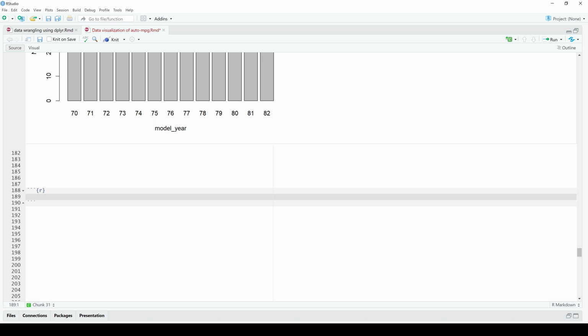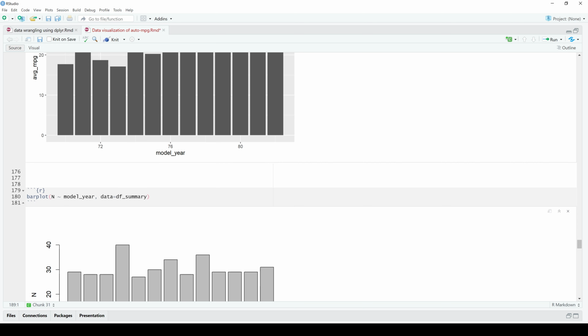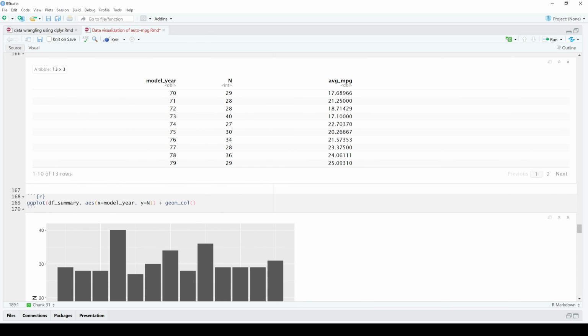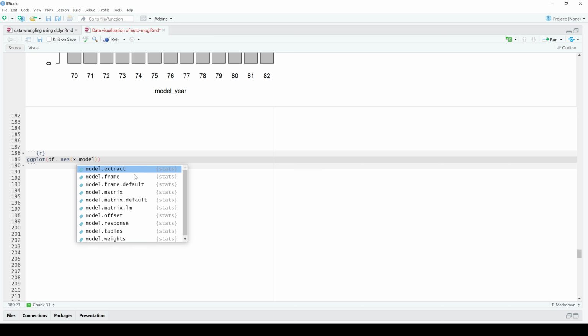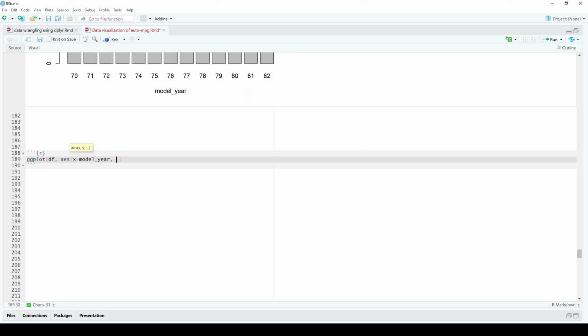There's a few more things we can do in a bar chart. So here, for example, ggplot. The main data frame, we started with df, and then in aesthetics, we will say x is equal to model year, and we are not going to do the y-axis, we are going to use geom_bar, but I want to do something. I want to say fill is equal to cylinders. And then if I now create the geom_bar,